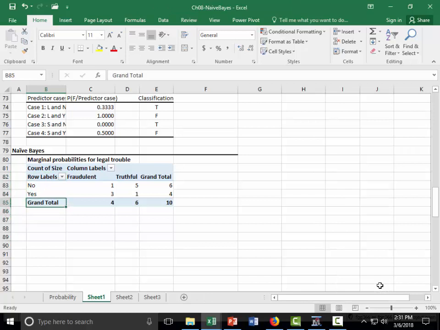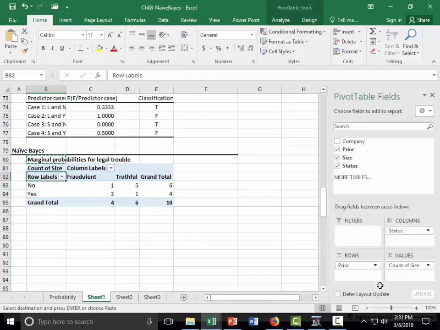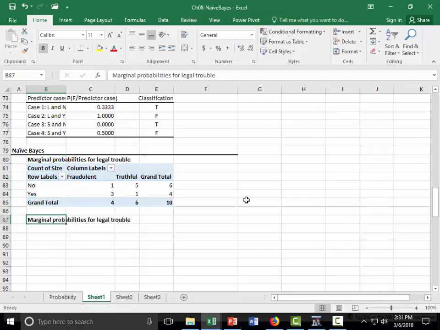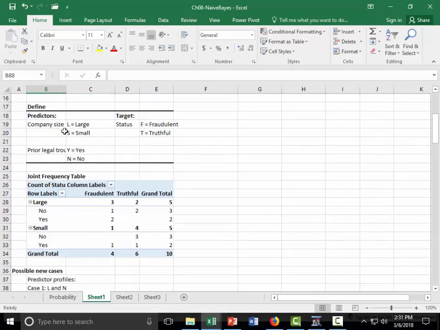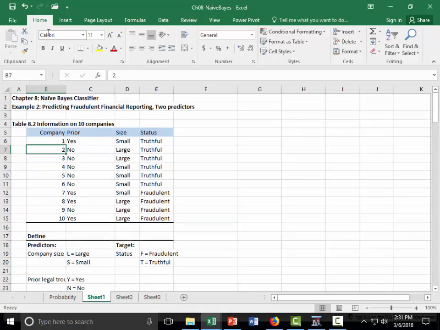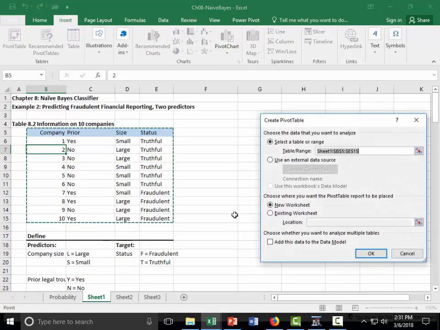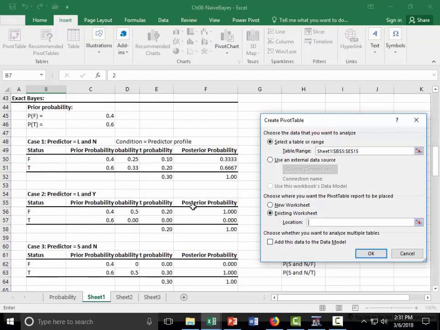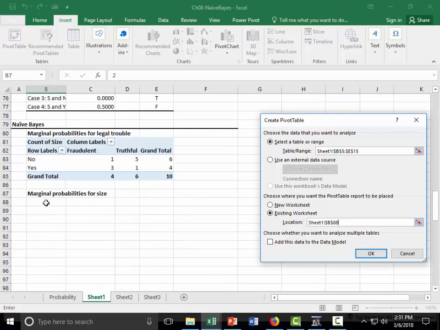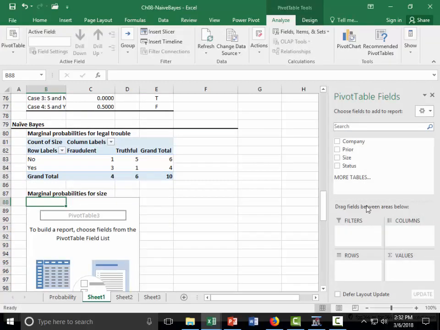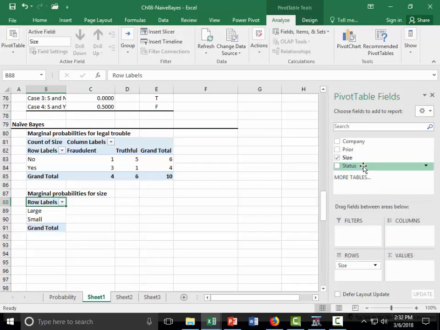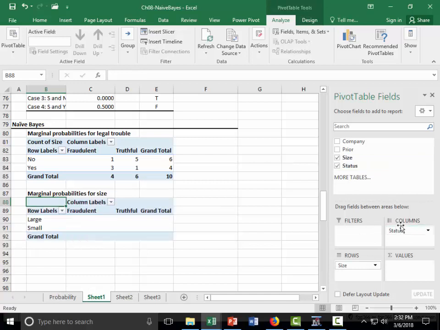Then we'll do marginal probabilities for size. Size, status,